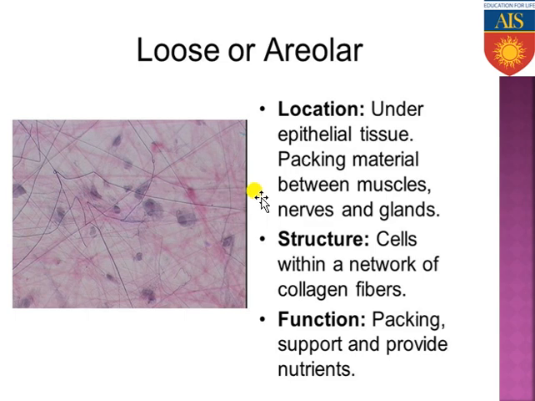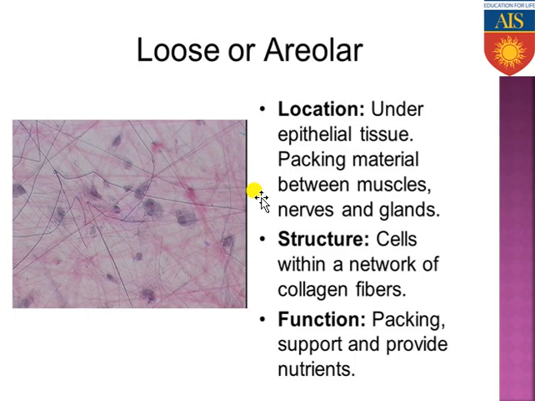Loose or areolar connective tissue is exclusively located under the epithelial tissue. They act as the packing material between the muscles, nerves and glands. So the muscles, nerves and glands all get packed together due to the presence of the loose or areolar connective tissue. Structure: the cells present in the loose or areolar connective tissue form a network